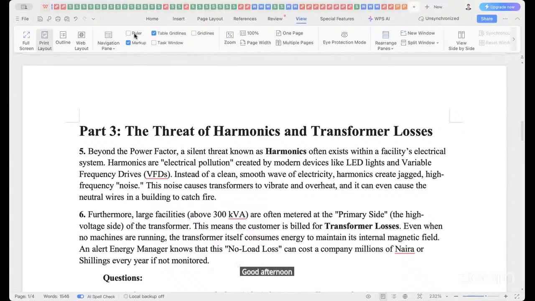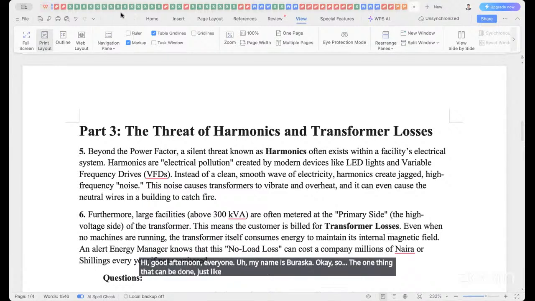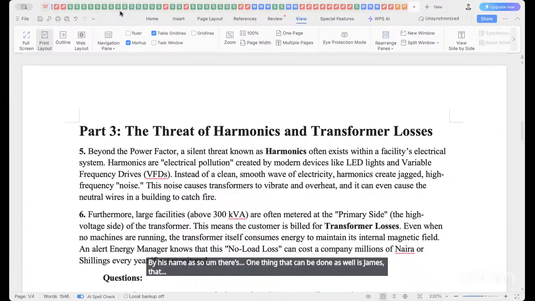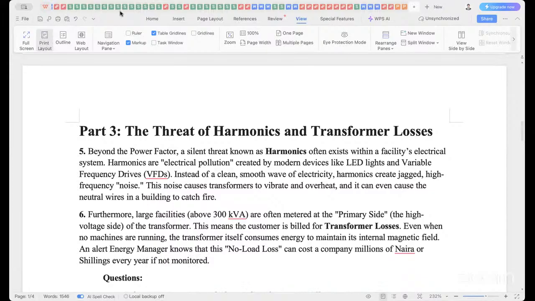My name is Bolu. One thing that can be done, just like the last speaker said, is using timers. There's one other thing that can be done as well, and it's not majorly the solar, actually, can also